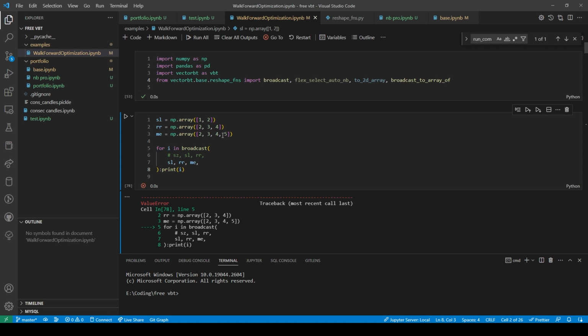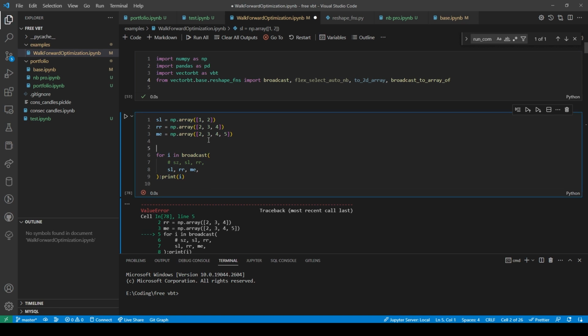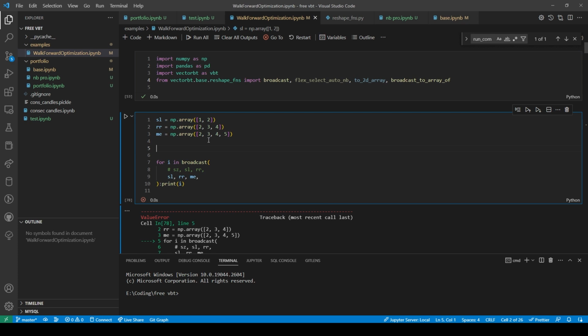I need 4 twos, 4 threes, and 4 fours. So if I were to do something like this, it would have to be something like this, and then I would do